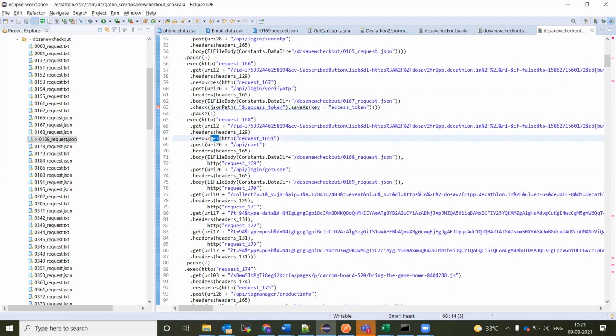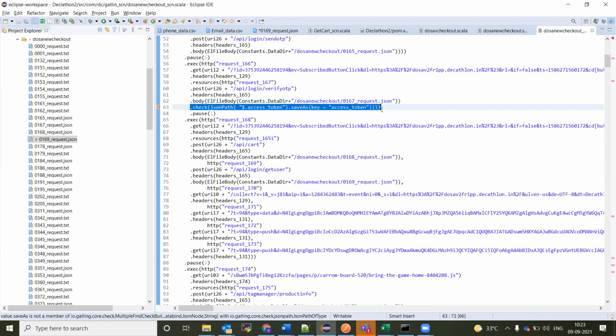Oh, one question: why should we even break the chain? It can be execute only, right? Always. You can execute one in one form. Check the response, right? It will not save the key. Okay, so anytime you add this check, that means you need to have the break there. Yeah, you have to break the chain there.